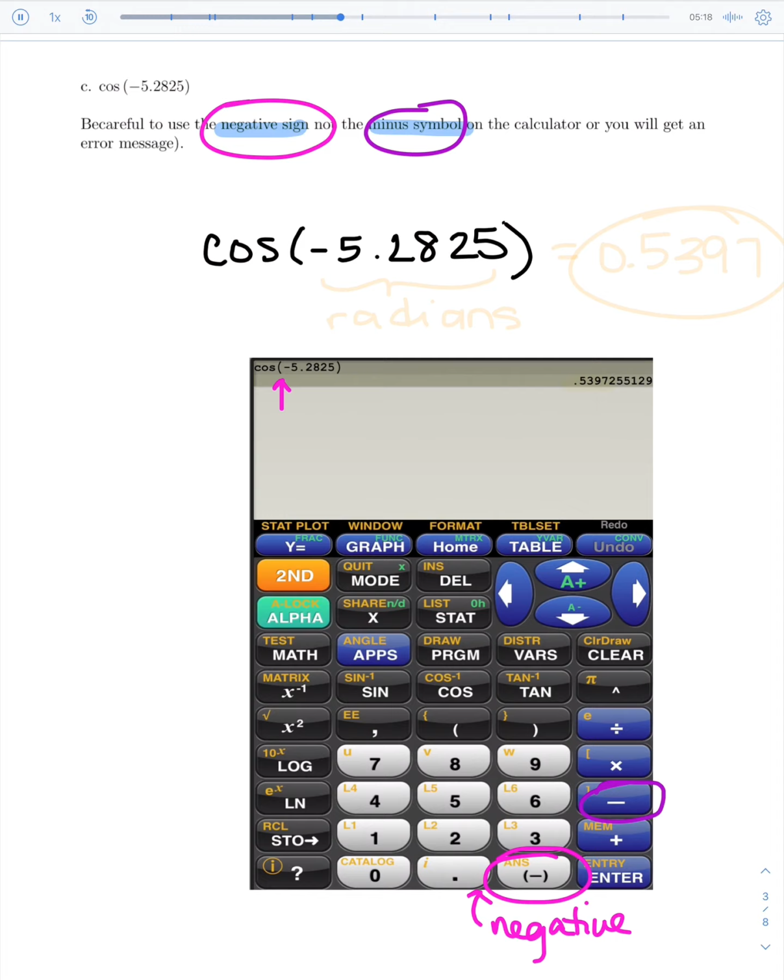The calculator gives us a value of, rounding to 4 decimal places, 0.5397. And that's it. Again, you still had to make sure that you're in radian mode because you don't see any units on the angle that you're plugging in, so it's automatically assumed to be radians. In this next problem, we're going to